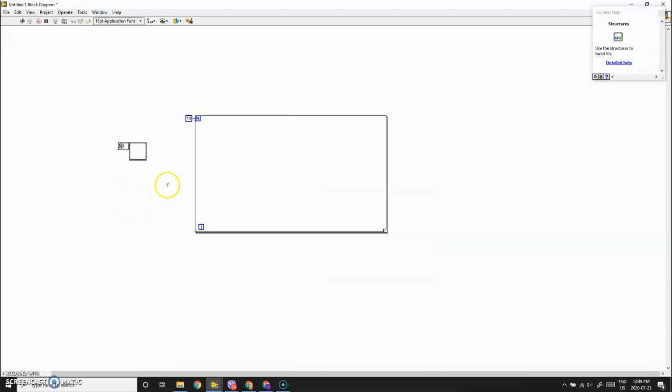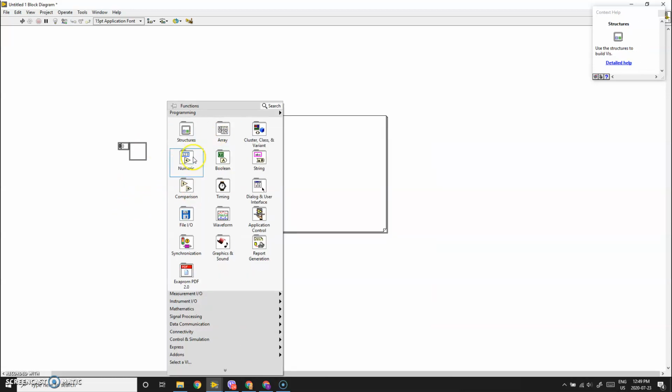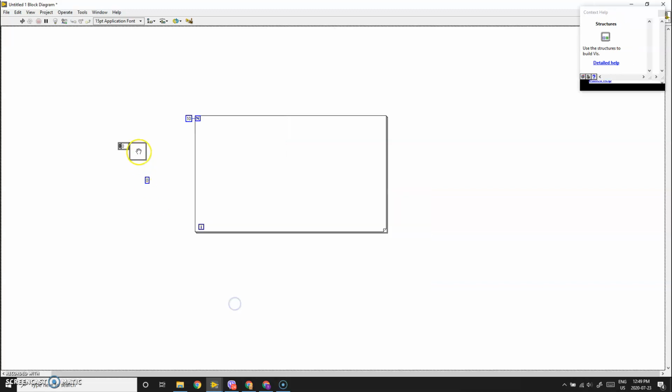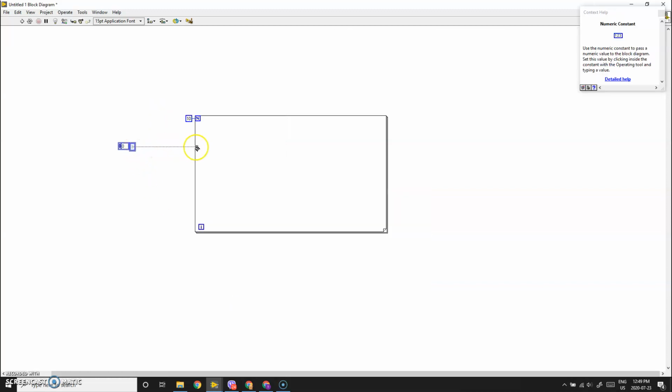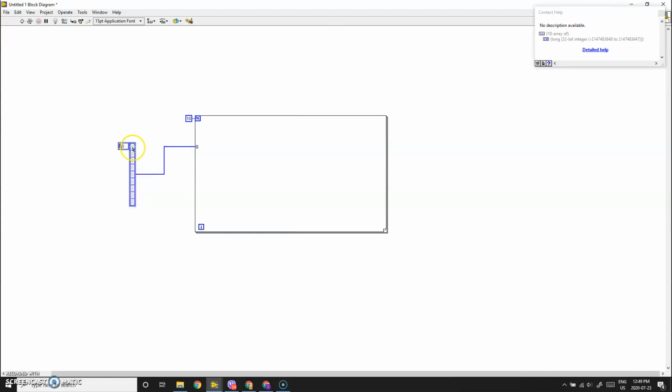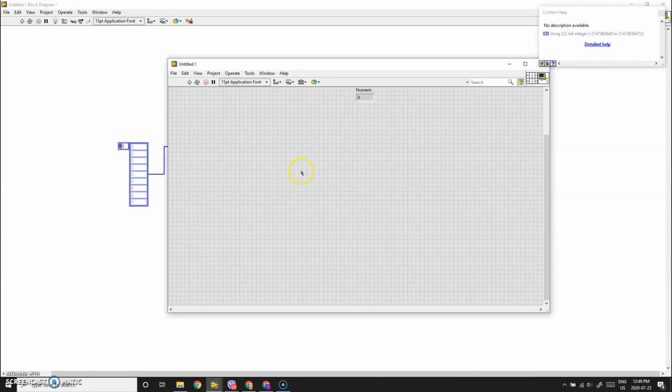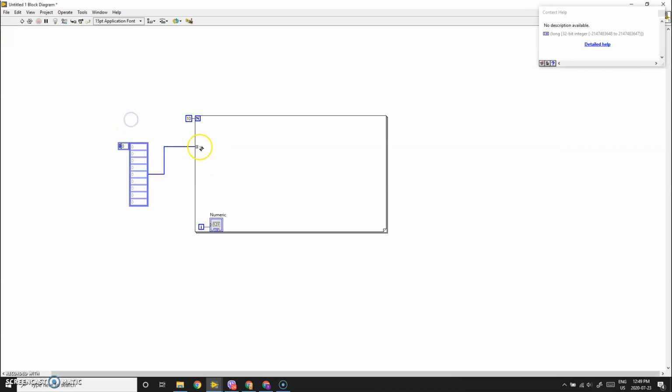So in this case, let's go ahead and say we have an array of, again, numbers. In this particular case, it will take one of these numbers as the number of iterations. But because this is 0, because there's zero elements, it actually, you'll see, will not execute. So we're going to wire this iteration counter. So this is the second element of it. It just tells you what iteration you're performing. So we can see right now, nothing will happen because it'll take the smaller of these two,